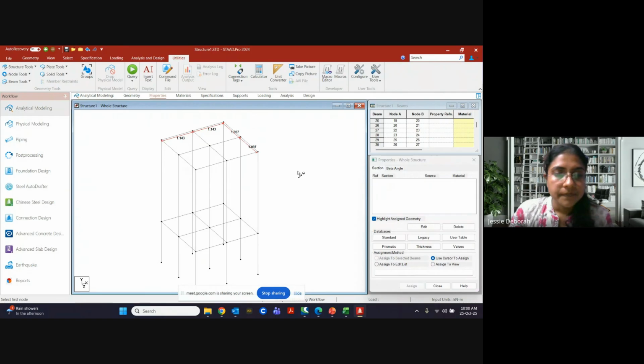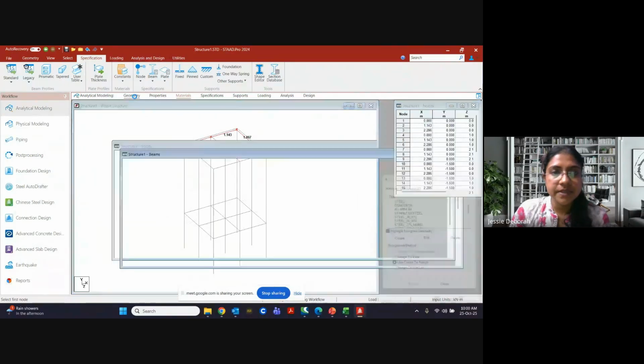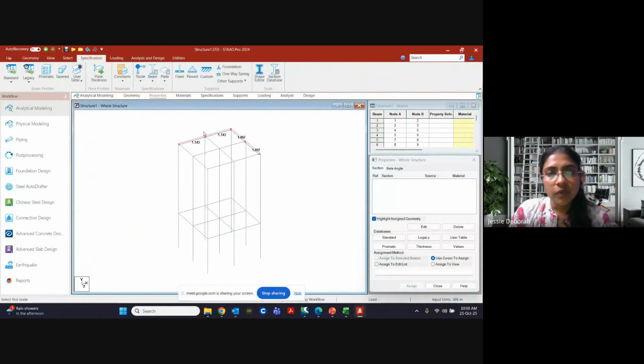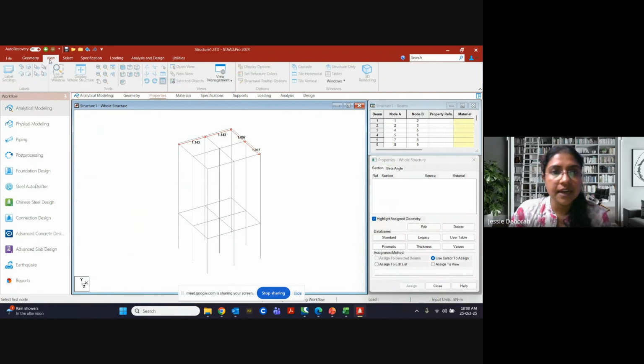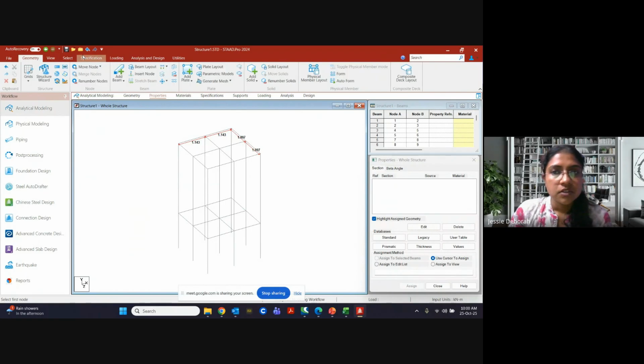Okay. So now we have to give material specification. The geometry is done. Now we will give properties. For properties, before that, we have to go to geometry.